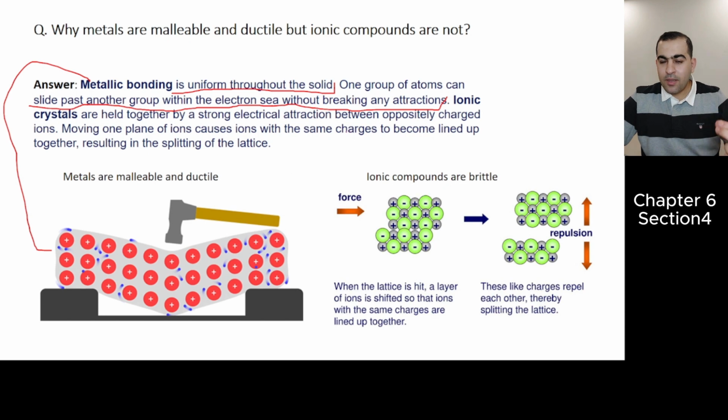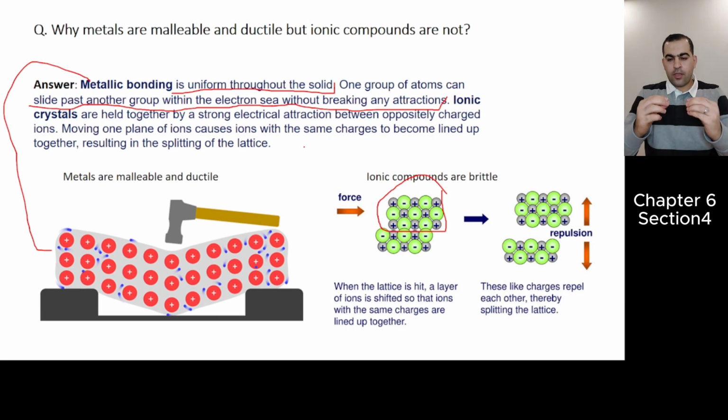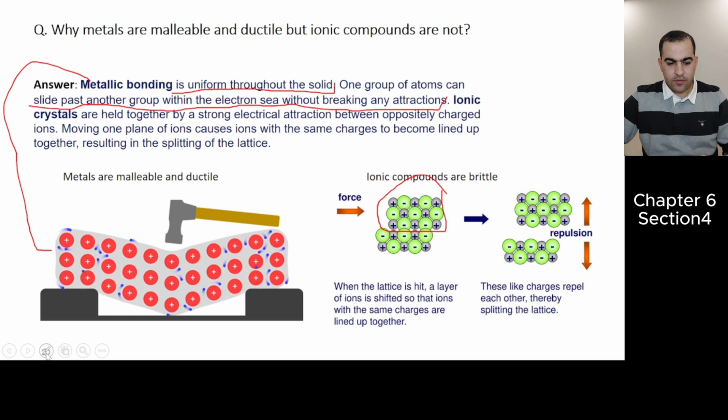But what about ionic crystals? Ionic compounds are held together, and we know in ionic compounds there are positive and negative ions. Look at here, this is an ionic crystal. There is a strong attraction between the negative and positive ions. But if you try to move one plane, one part of the sodium chloride, and try to force a side, what happens? The like charges,